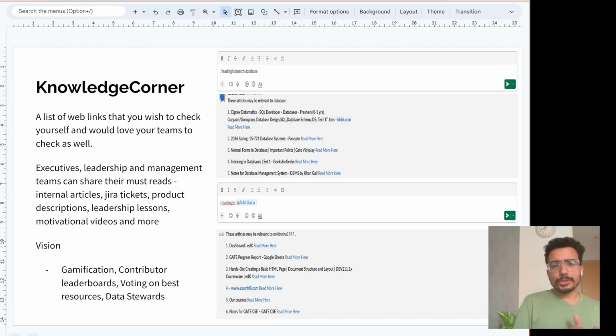Knowledge Corner is basically a list of web links that you wish to check yourself, or you would like your teams to take a look at. This can be within your organization, within your team members, within a small project where some of your team members are collaborating, or within your larger organization, your larger business as well. So the benefit is that you can